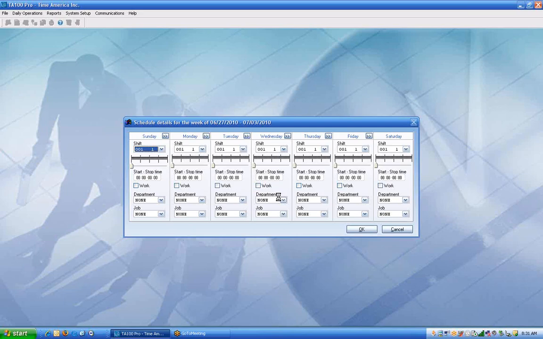Now granted, some environments love this particular scenario because you assign an employee to the schedule and they never change. Now some companies are completely different. Employees do change schedules every week. Well again, are they changing the start and stop time, or are they just changing the days of the week? If they're just changing the